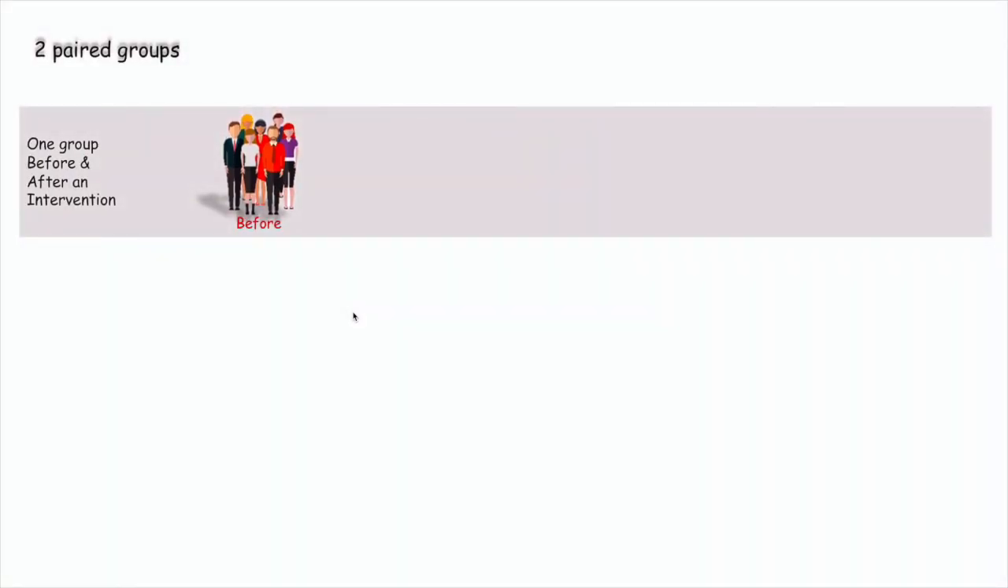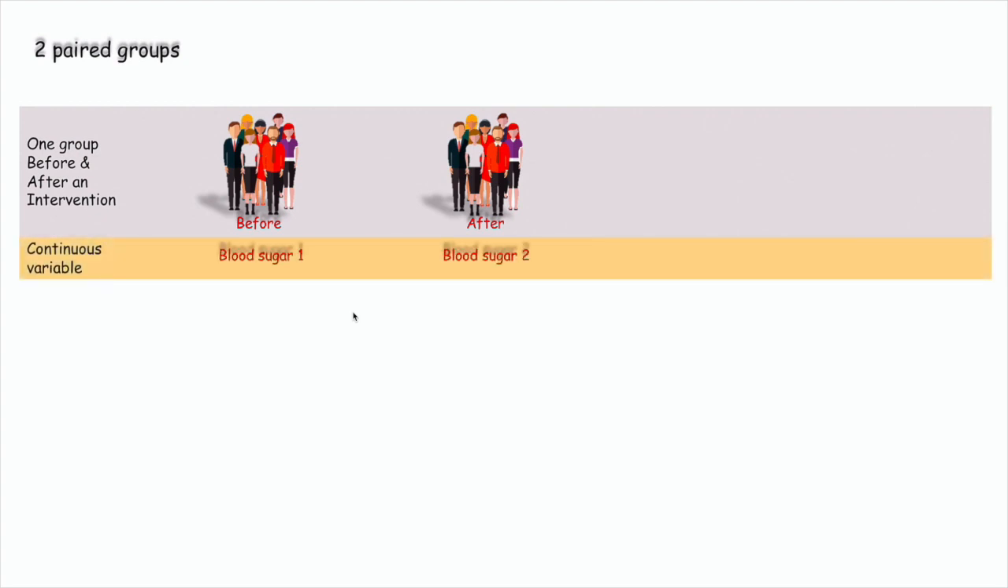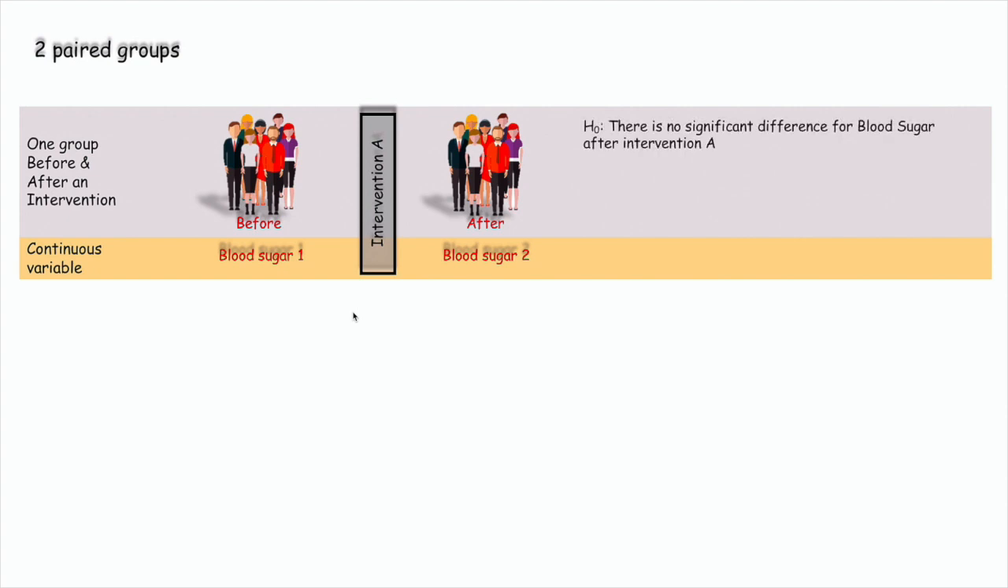paired them. Let's say we have a group of people as before, and then we have the same group after. It's possible that we have an intervention in the middle, and we also measured a continuous dependent variable, again blood sugar as an example, and we want to see whether there is a significant difference before and after. In this case, the null hypothesis will be that there is no significant difference for blood sugar after intervention A. We want to reject it or accept it, and we need a p-value to be